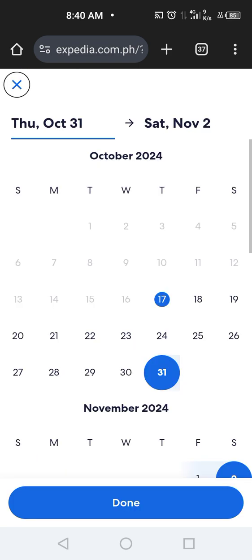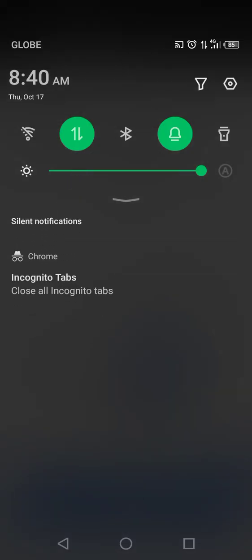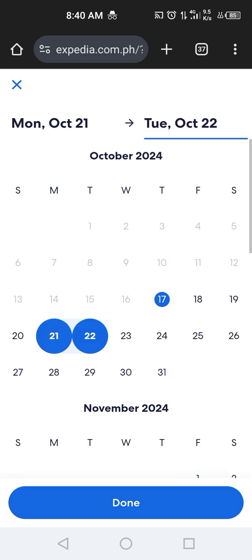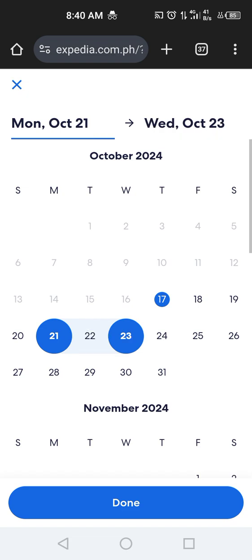So date, what date is today? 17. Maybe I'll go on a flight and I'll be traveling there in 3 days and 2 nights. So we'll be coming there in the daytime, and going back in the daytime again.